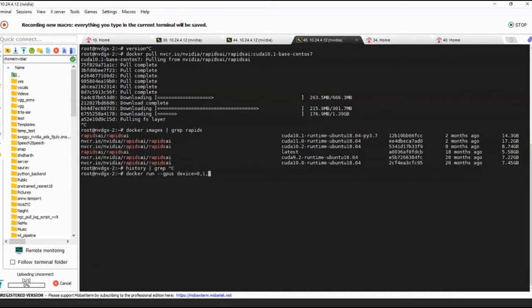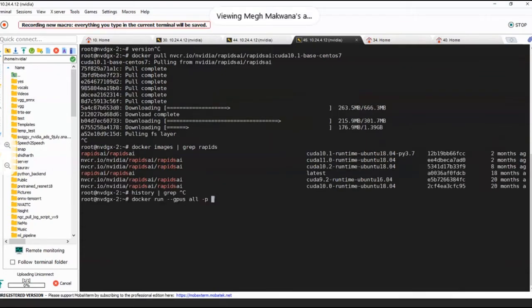But in this case, because I'm going to use all of them, I'll be giving the all flag. Then I need to give something called the port number. And this port number is a little critical, because what we'll be doing is mapping the Jupyter environment's port, which starts at 8888 inside the container image, and forwarding it to my host system, because it's a virtual environment. The ports and all the network related configuration is also virtualized, right?